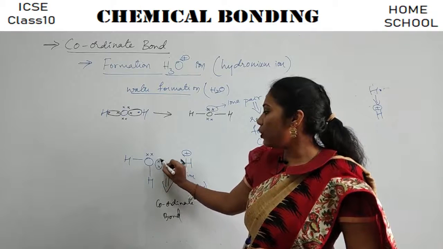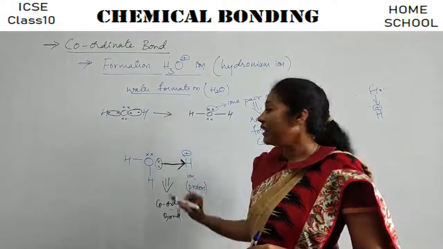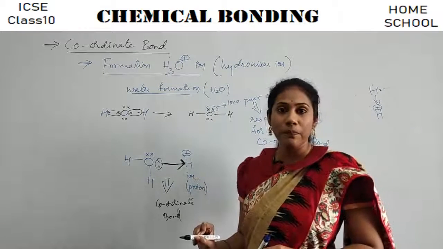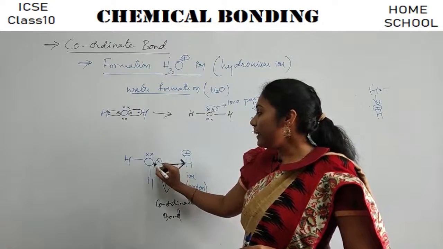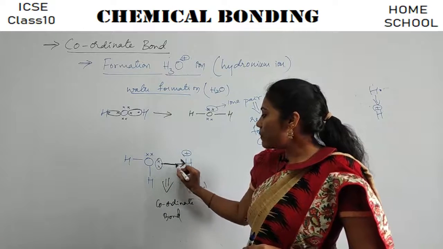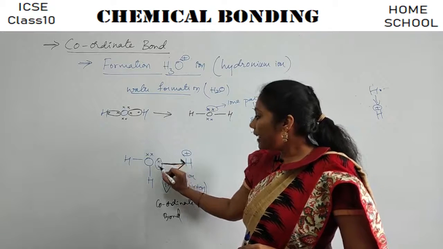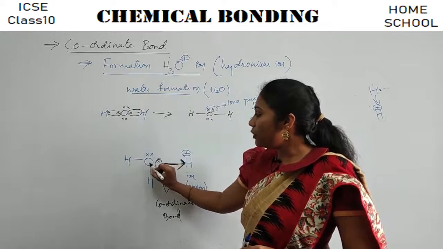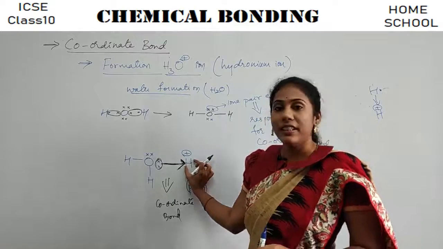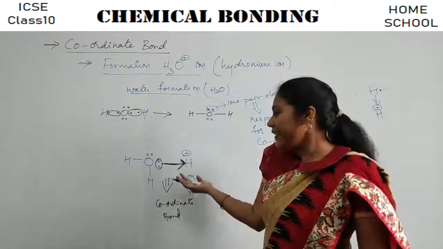This particular lone pair is getting shared to the H plus ion also. Now this lone pair can belong to the H plus ion also, right? And the lone pair can belong to oxygen also, right? And here this bond, say this is a coordinate bond, right? Here both the electrons belong to one atom only. This is not contributing in giving any electron. It is remaining very inactive. It is passive, right? It is helpless because it doesn't have any electron.